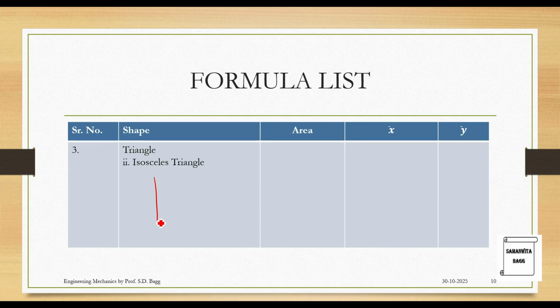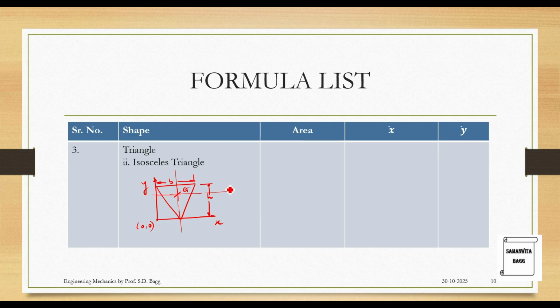Now let's take another variation. Say again you have your x-axis and y-axis and the triangle is now flipped. So this is the base B. This is the height h. This point over here is 0, 0. As I showed you, you can take a pencil and you can mark a perpendicular bisector here. So this becomes a straight line. And over here it is at 1/3 height. So this is my G.